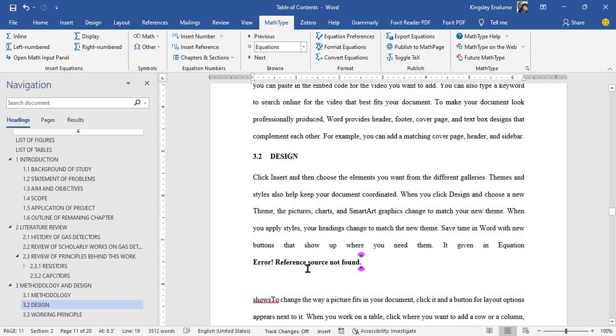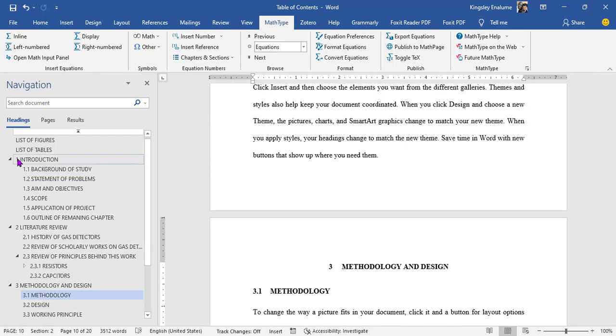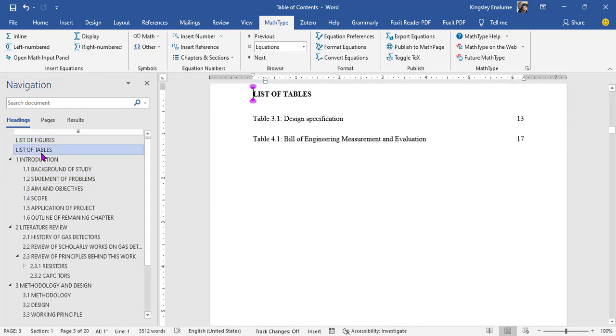it. For more information on how to use MathType, you want to look at the description below for a video on how to download, install, and synchronize MathType with your Microsoft Word. So we have looked at how we can generate list of figures and list of tables in this video. We have seen how Microsoft Word can make it easy for you. So when we auto-generate figures, the caption, equations, it's easy for us to do editing, to delete, and to update